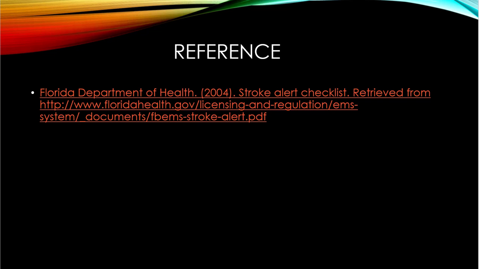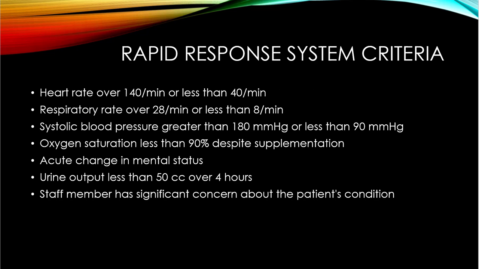Now, the next one is knowing when to call rapid response, also known as rescue alert. So there are different criteria that you have to know as a nurse, for example, heart rate over 140 or less than 40 beats per minute, respiratory rate over 28 breaths per minute or less than 8, systolic blood pressure greater than 180 or less than 90 millimeters of mercury, oxygen saturation less than 90%, acute change in mental status,